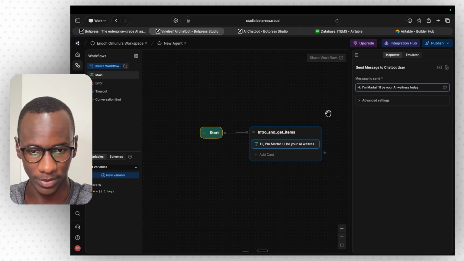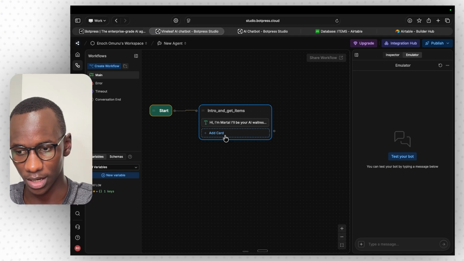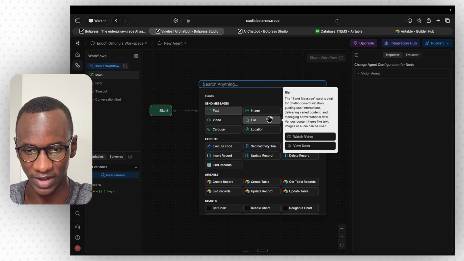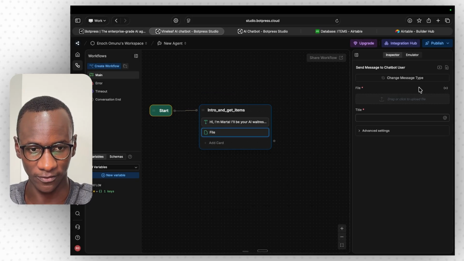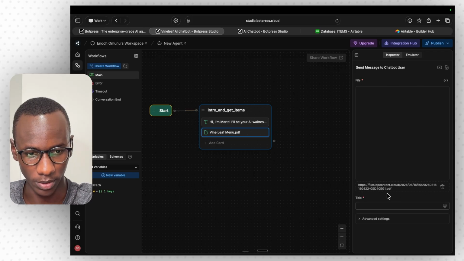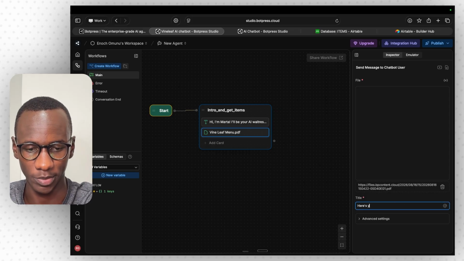There we go. And then from there, we'll just go ahead and also send the user the menu at the beginning of every conversation, just so that the user can reference that in the chat and use that to place orders. So add card and add a file, send a file to the user. And then the file that you want to send is you want to upload the menu that you just generated, the PDF. So I've uploaded the file, my PDF menu, and then I'll just say something like, here's your menu